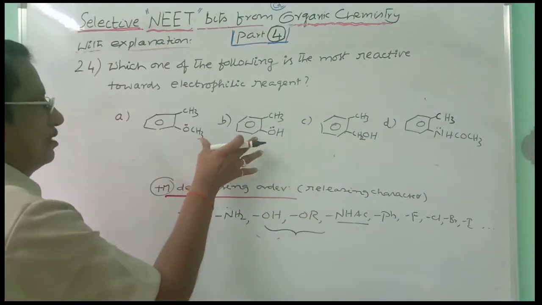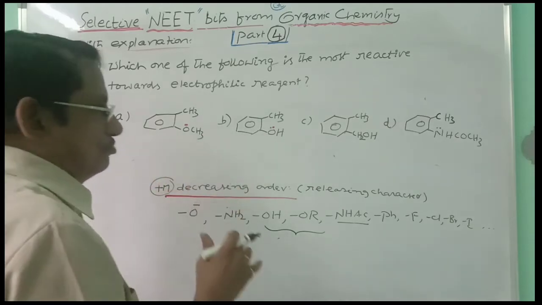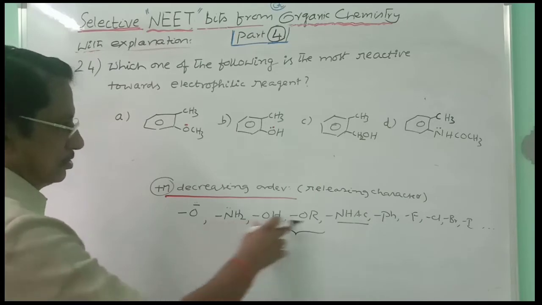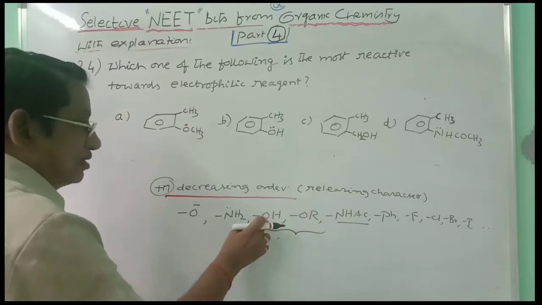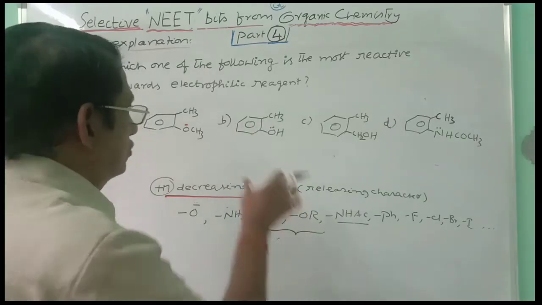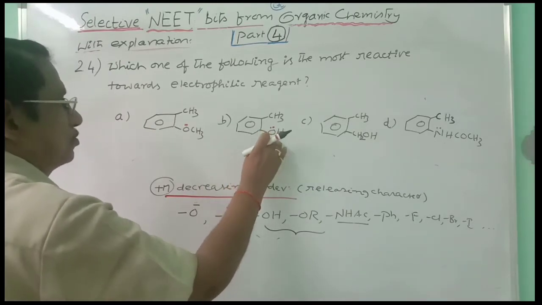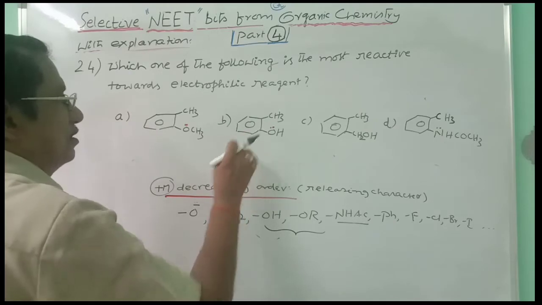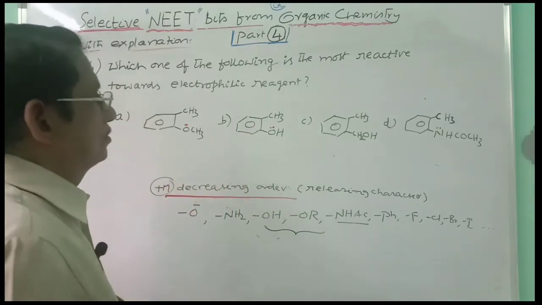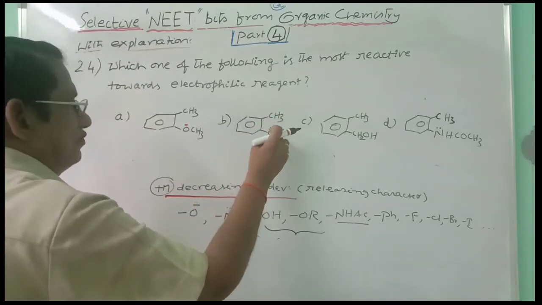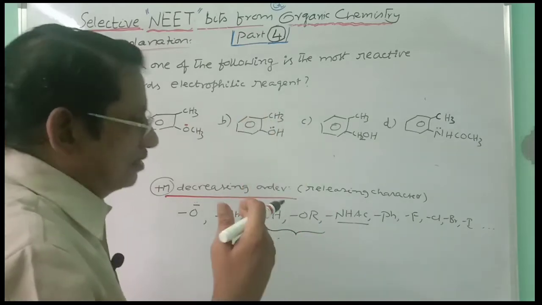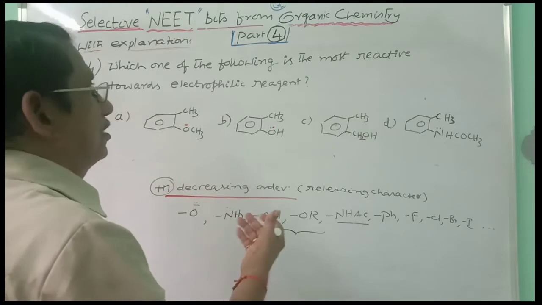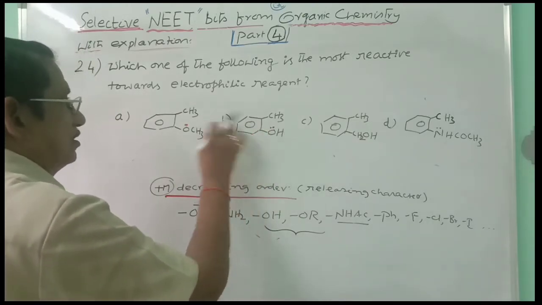And here you have to compare these two bits. Which of these two has more electron releasing character? And see, this is the list here. OH group is more electron releasing than OR. And so out of these two, which is more correct here? OH group is more releasing than OCH3. And that is why this B bit, that means ortho-methylphenol or cresol, releases the electron cloud easily into the benzene ring, and so it undergoes electrophilic substitution more easily than the remaining compounds.